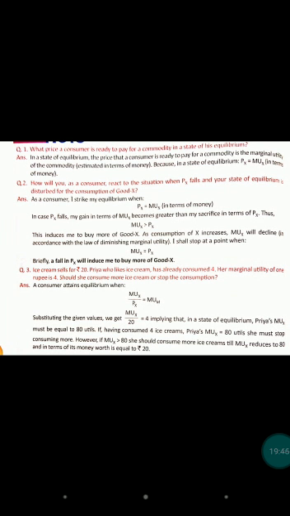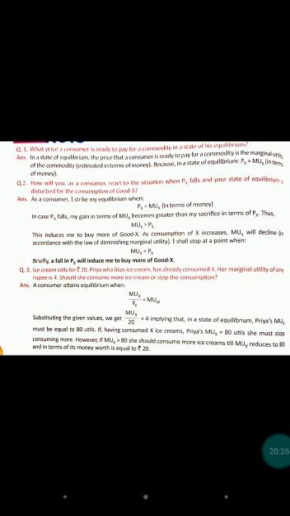Ice cream sells for rupees 16. Ice cream का price 16. Priya, who likes ice cream, has already consumed 4 units, 4 ice creams she has consumed. Her marginal utility of 1 rupee MUM is 4. Should she consume more ice cream or stop with the consumption? Now with the help of formula we can easily find out. We know one formula, MUX upon PX equals MUM. Here we don't know MUX, but we know PX, that is 20, and MUM is given 4. If we cross multiply, we will get 80.